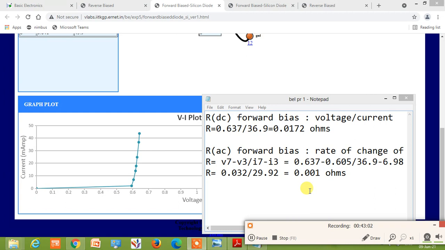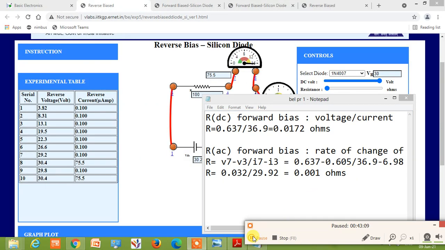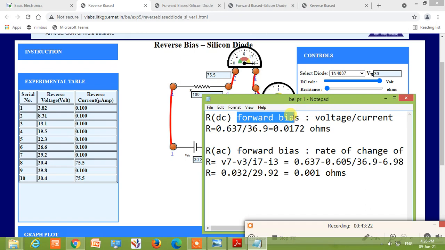Similarly, we can calculate the values of resistance in reverse bias also. So this is the table for reverse bias. The students are requested to follow the same procedure for the reverse bias by themselves. Only thing, here you have to mention the reverse bias, and take any suitable values, where there is a change or where there are static values.